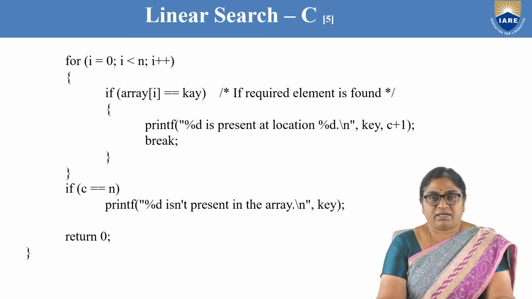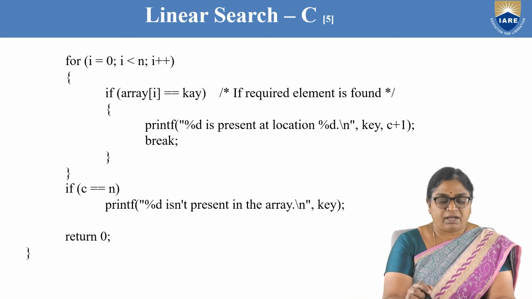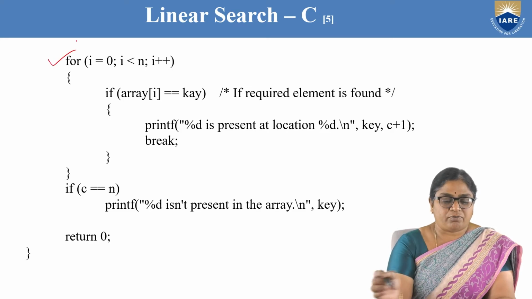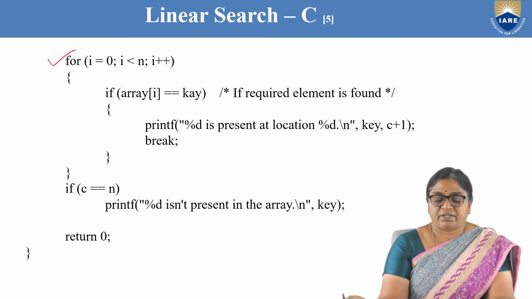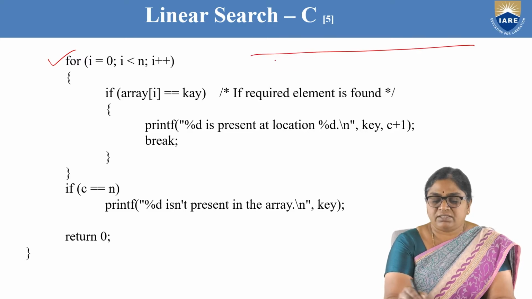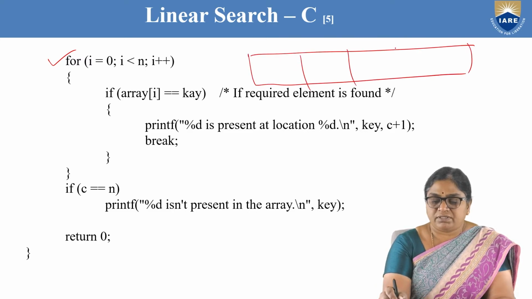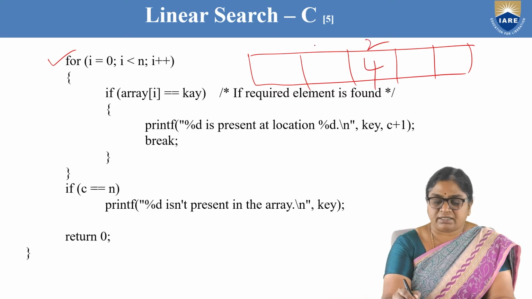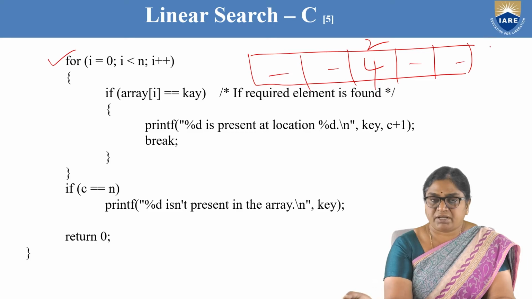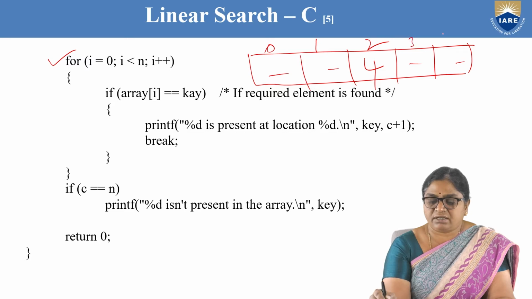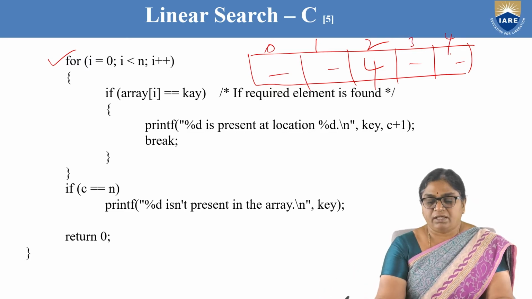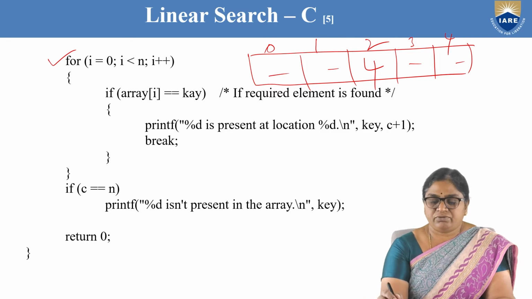To check whether that element is present in the list or not, we are writing this part of the code, and in this one we are running a for loop which traverses the list, which is having 5 different elements and 4 in the second index. So this is the 0th index, first index, second, third, and then fourth. This is how the list is, and we are trying to figure out whether 4 is present in this list